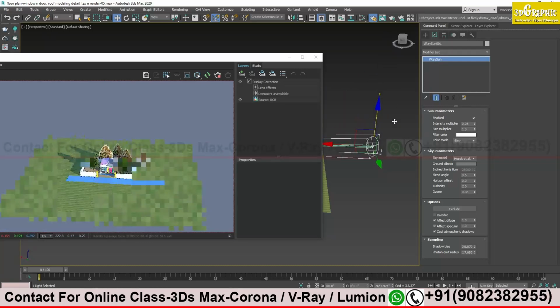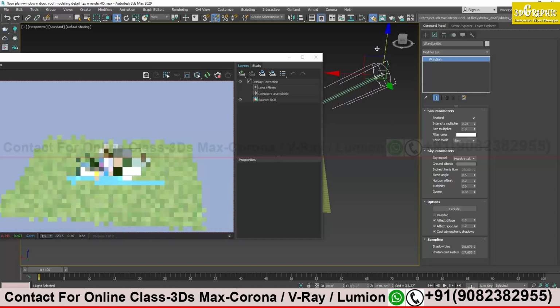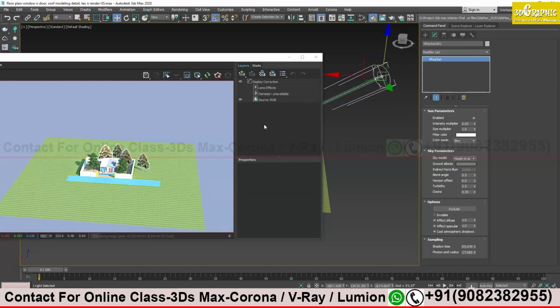If you bring it down, it is like very soft light, and when you bring it up, it's like hardcore light, very exposed light is there, and obviously the intensity is there. You can change the intensity, 0.25. Yes, and there are many other parameters which you just keep default, and in future maybe we can see other parameters. As of now only focus on the intensity. Later on we'll see other parameters.